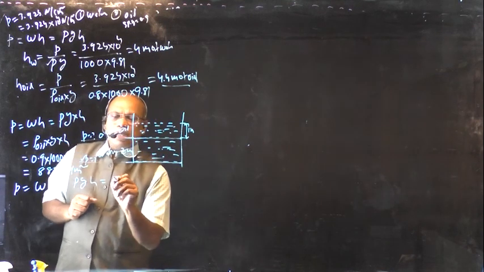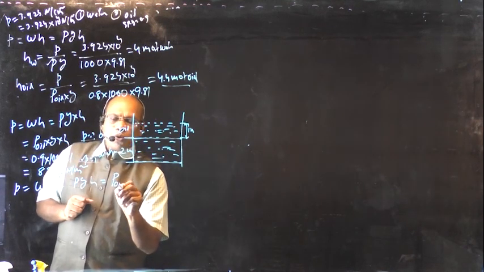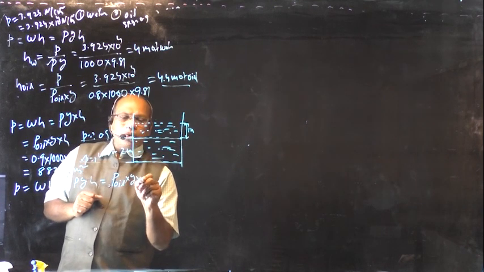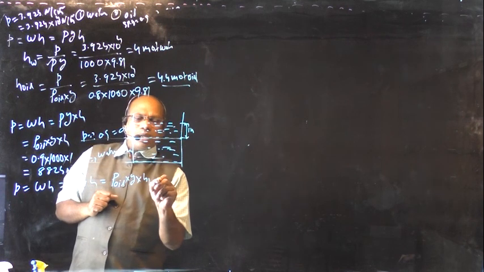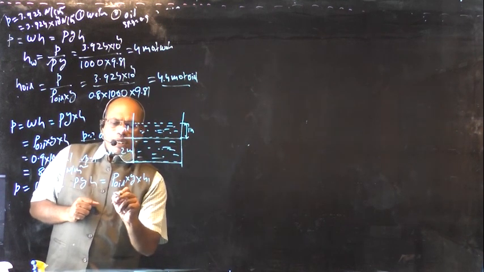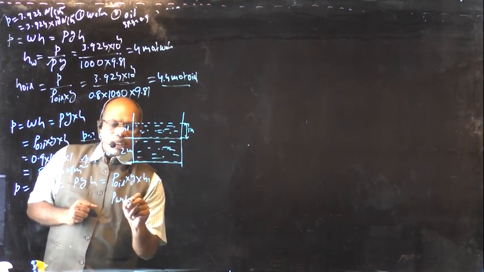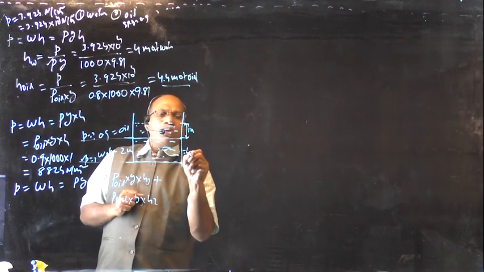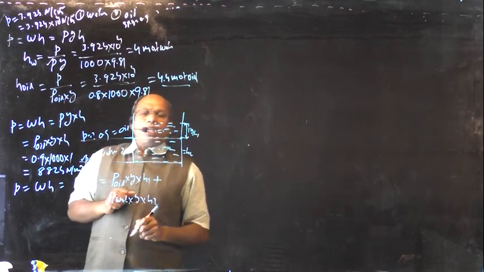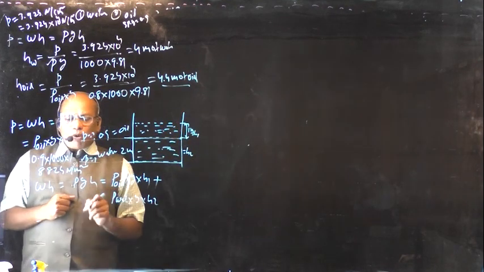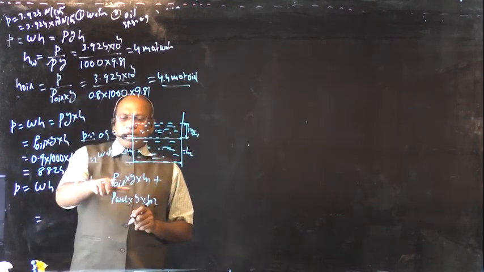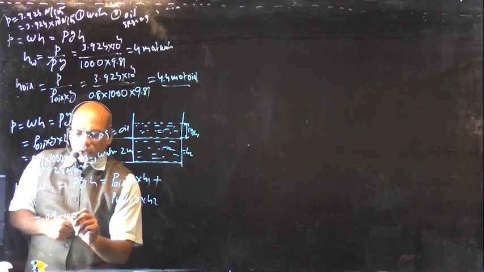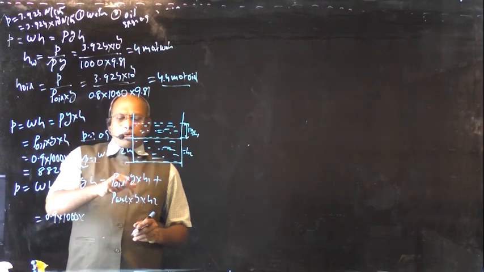One is rho oil into G into H1 plus density of water into G into H2. Say this is equal to H2, this is equal to H1. Now, therefore, pressure intensity at the bottom of the tank is equal to density of the oil, that is equal to 0.9 into 1000 into G value